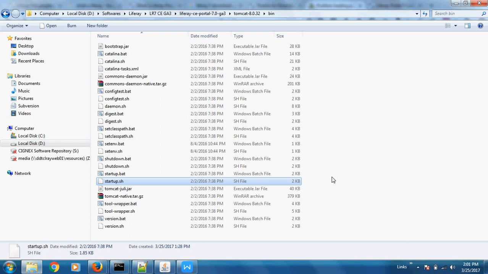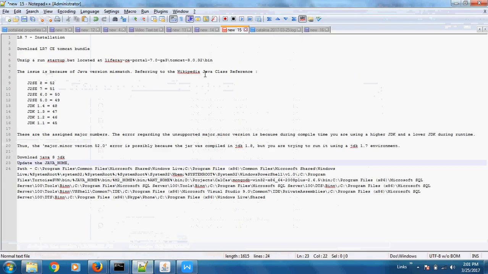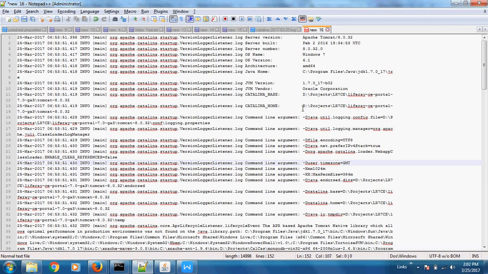The same thing happened to me. When I downloaded Liferay 7 and started it, I got an error. I'll show you that error; I have kept it for you so that you come to know. When Liferay is started, you can see it shows logs like Apache Tomcat 8, and it also shows the Java that is installed.